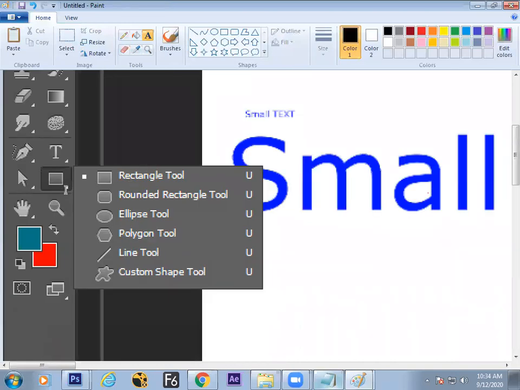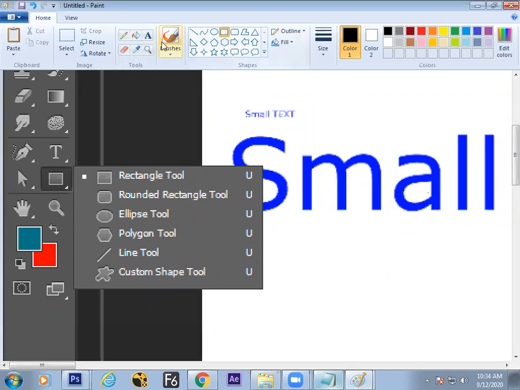If you want to create vector graphics, you have to use this rectangle. All these tools will be same: rectangle, circle, whatever you want, you can create. Custom shapes are also possible here, and there is a line tool. If you want to draw a single line, you can draw with this.